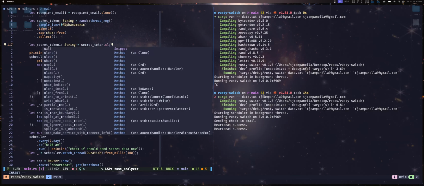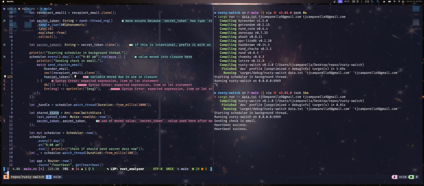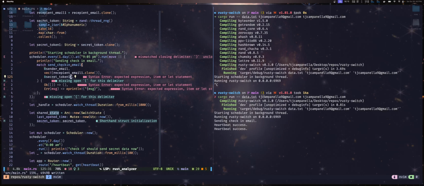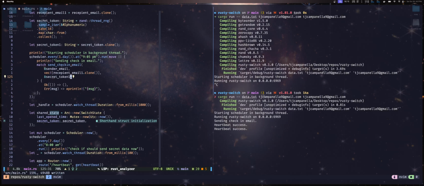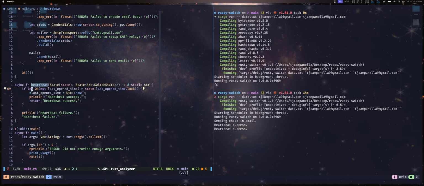Secret token.clone, and we'll do it like this. Okay, and then, yeah, I think you could actually do it just like that if it matches the name fully, which is cool. All right, and now if we go back to our heartbeat function, or endpoint,